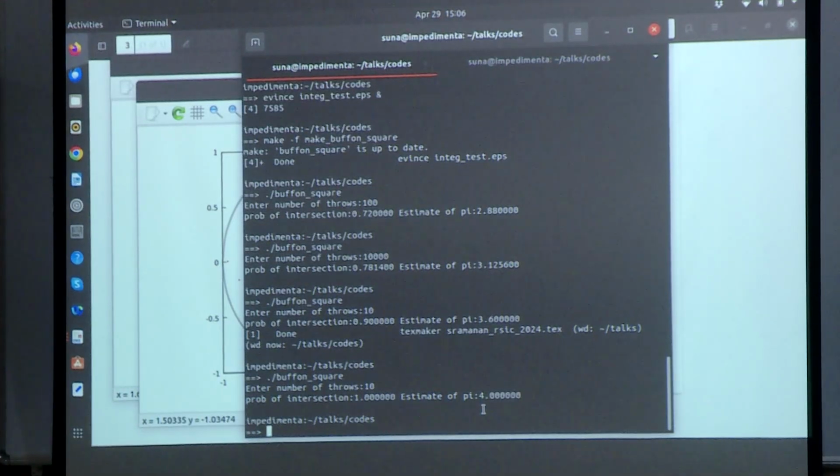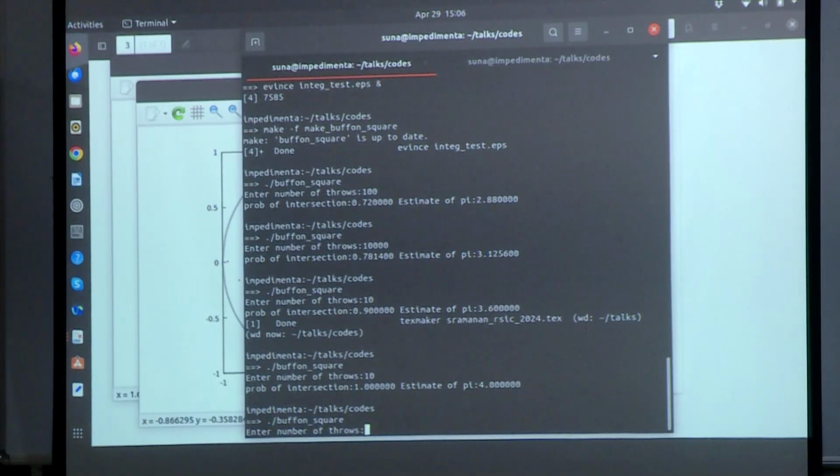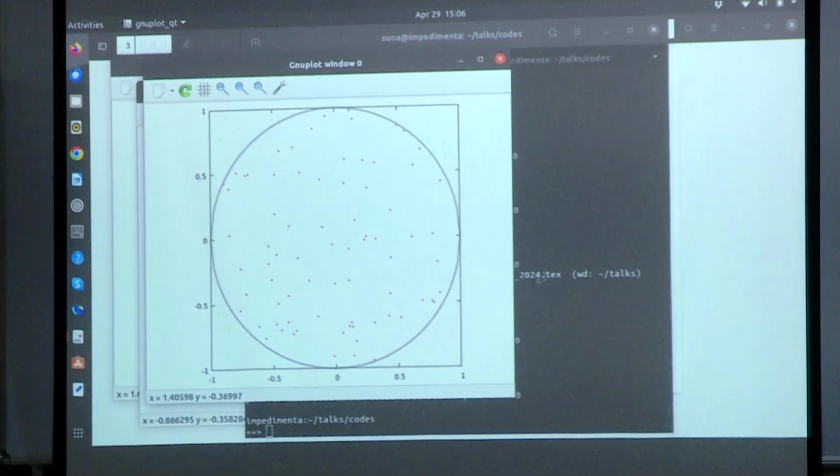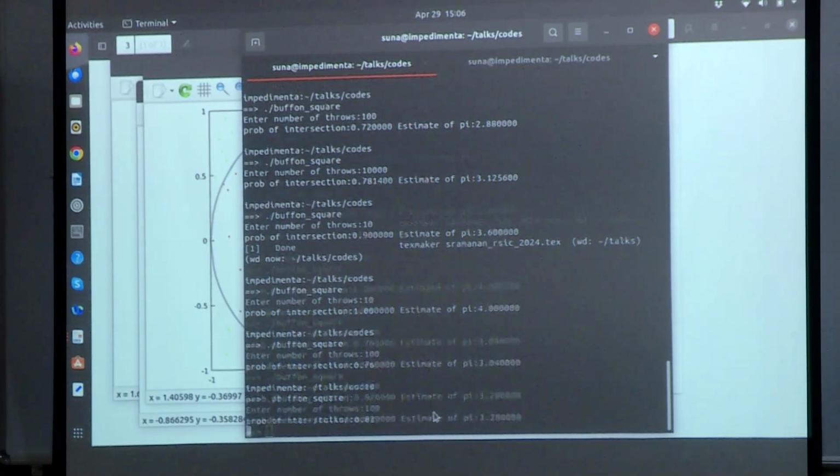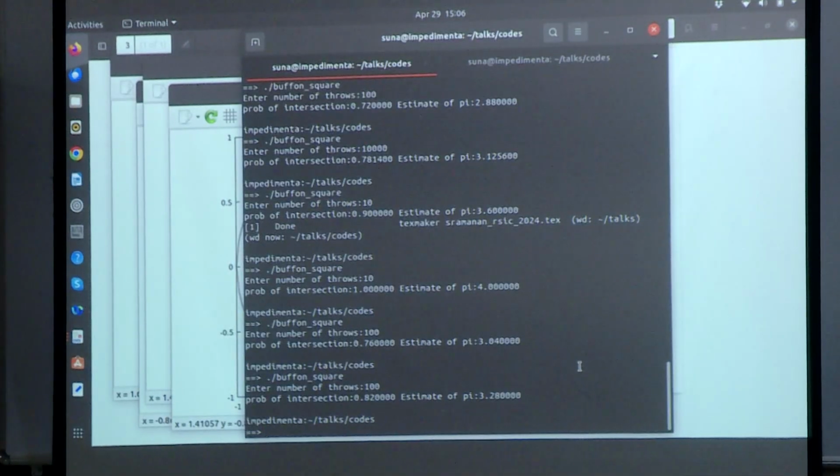So, I may get my first digit right, I may not get my first digit right, because ultimately this ratio of areas is going to be the number of darts which have fallen inside the circle to the total number, and the way it has been distributed there. So, now let's increase it. Let's increase it to what? 100? 1000. Let's do 100 first. If I do 100, I get the first place. Let's try again to see if it is true. Again, I seem to have got the first place right.